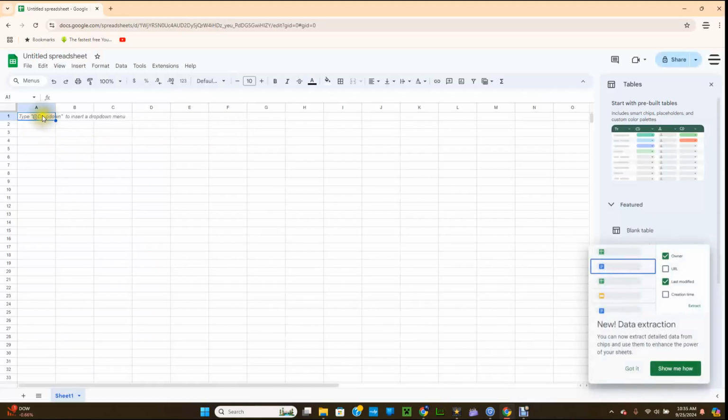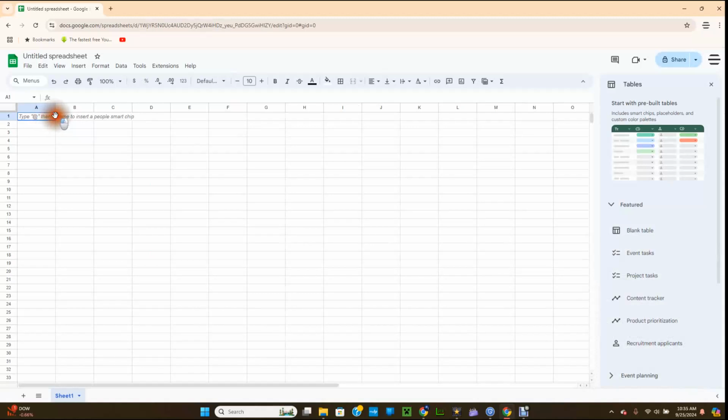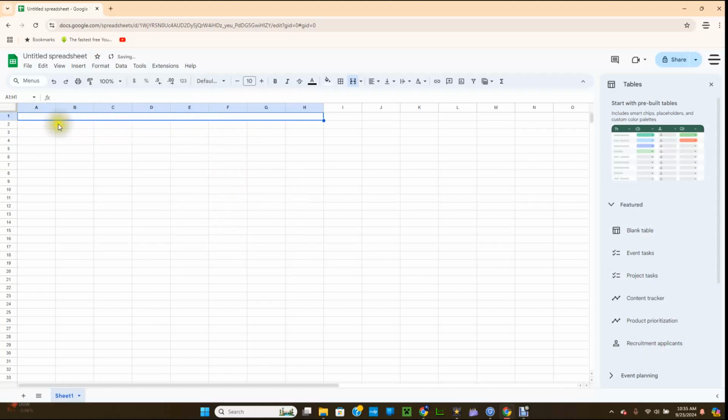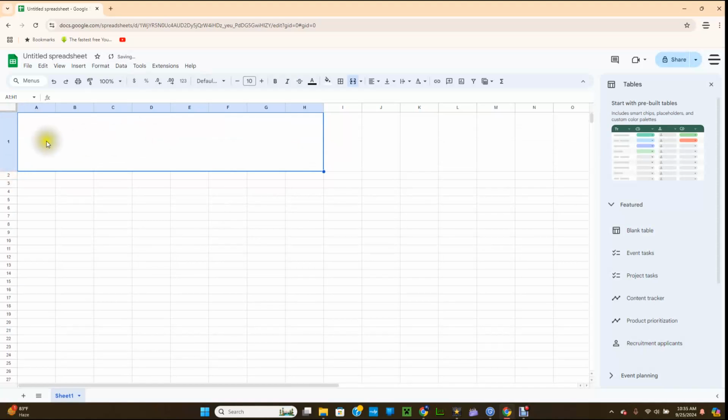To merge cells, simply take your mouse and go into the very first cell, and then drag, or hold the mouse clicker down while you're moving the mouse over. Let go and you'll notice that they're all highlighted in a dark blue outline. Now go to Format, go down to Merge Cells and Merge All, and it merges all of those cells into one. Now what I usually like to do is drag the first cell down and make it a little bit larger for my word art.